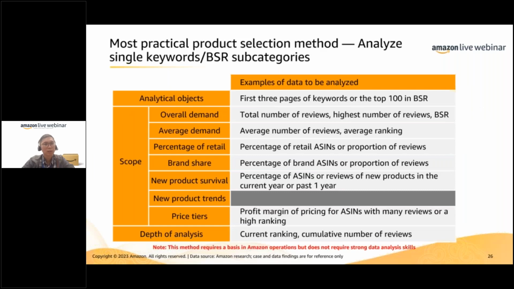All right, so this method is where we analyze a single keyword or a bestseller rank subcategory. So you can see there's a lot of the so-called metrics we are using over here. So things like overall demand, the average demand, the percentage of retail, the brand share, new product survival, new product trend, and price tier. All right, so a lot of this data, you can actually find it under the brand